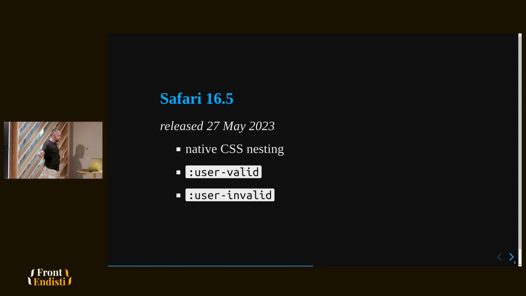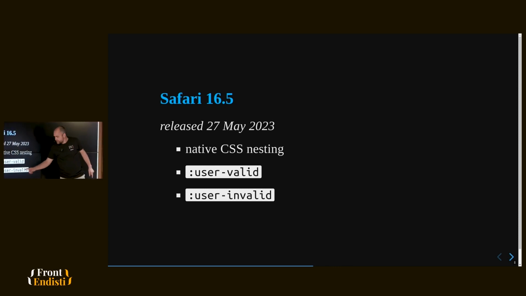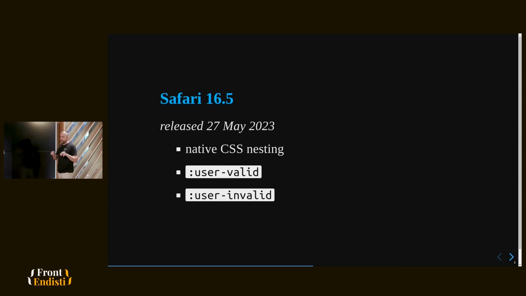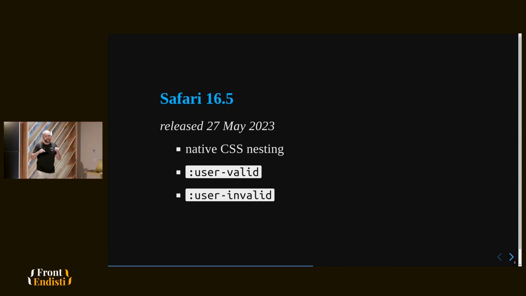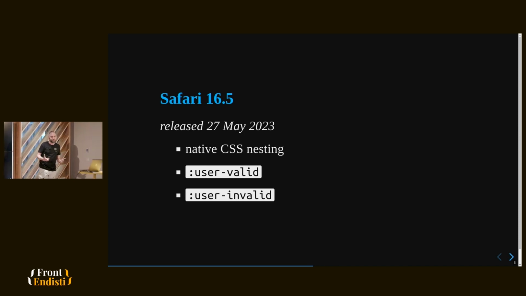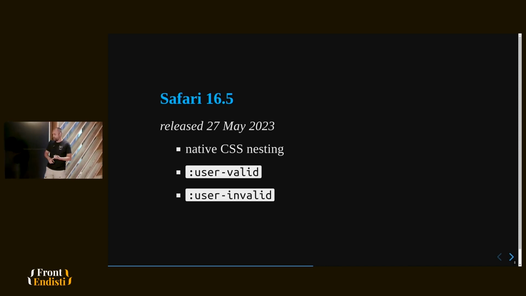I will cover later the differences between CSS nesting and preprocessors. Now I want to look at these new pseudo classes, user-valid and user-invalid. You probably know the situation when you, for instance, want to type in the input your email address, and while you're typing, technically the input shouts at you, oh, your email is not valid. Of course it's not valid because I haven't finished it yet. So it doesn't have an at sign, it doesn't have a domain, etc.